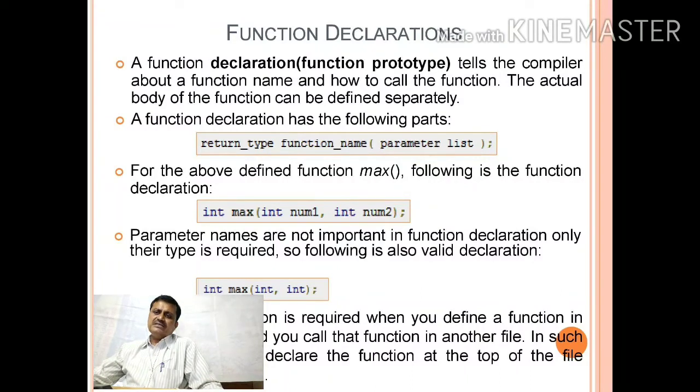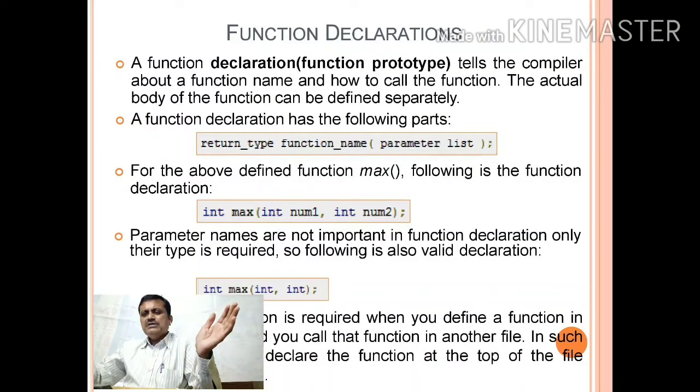It is not essential that the function is in the same program. Suppose there is a program named program1.c, in which you have written a function, and another program on your hard disk, program2.c, in which you are calling the function which resides in the first program.